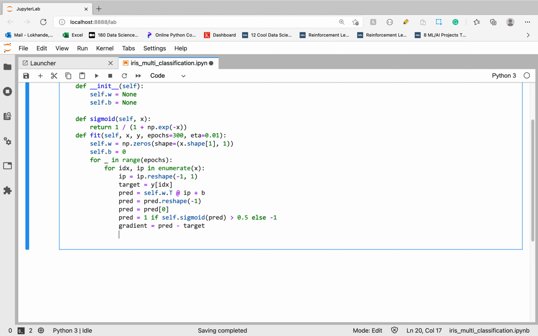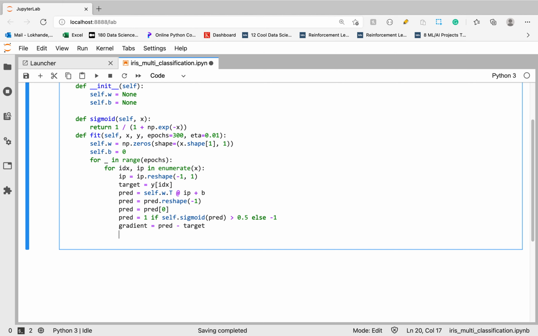Here we are using the sum of squares of residuals. It is the same cost function we use in linear regression, but you can use the binary cross entropy function if you want. Otherwise this sum of squares of residuals will work.